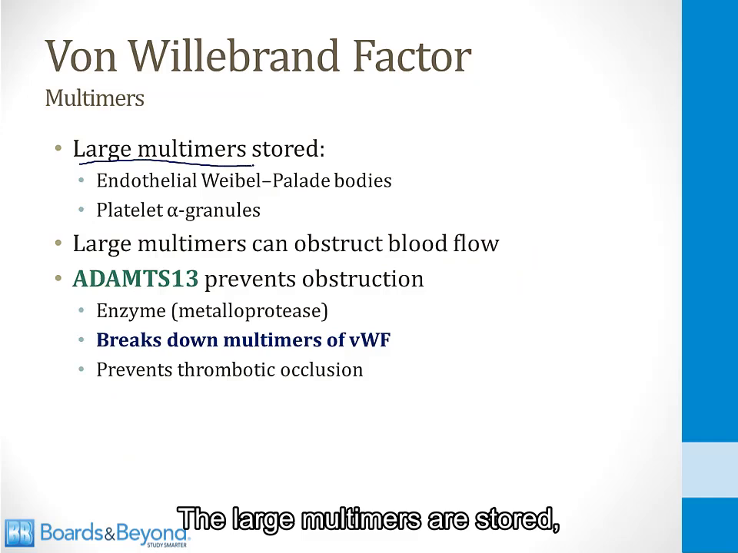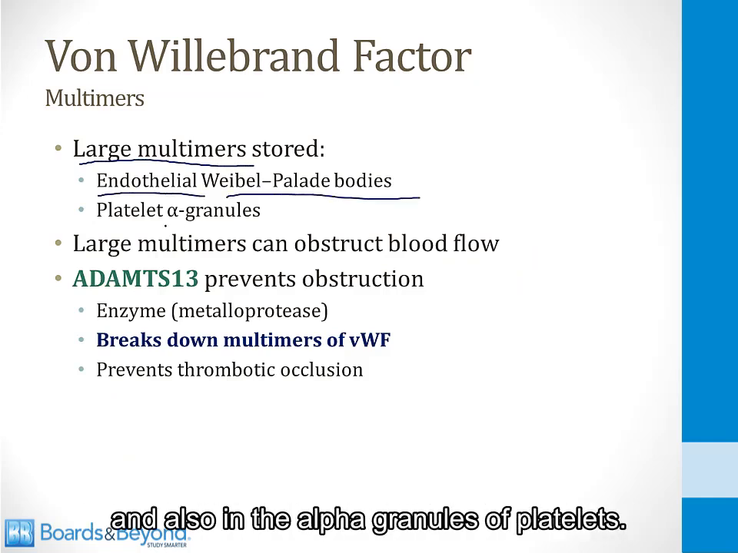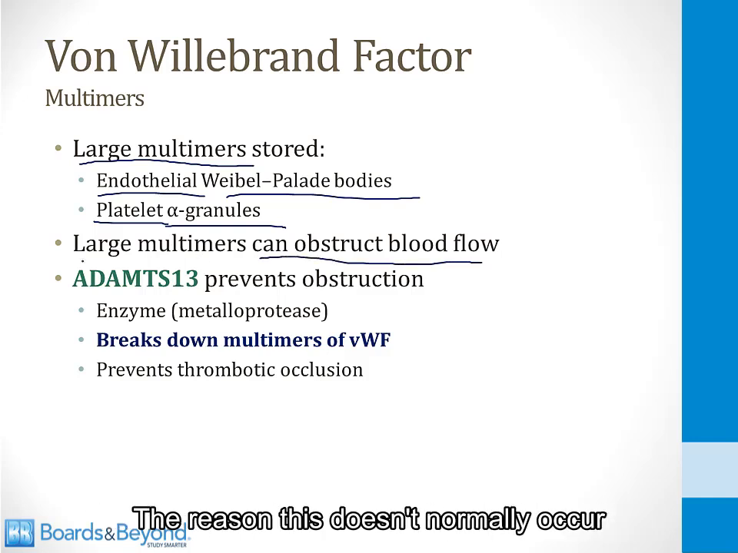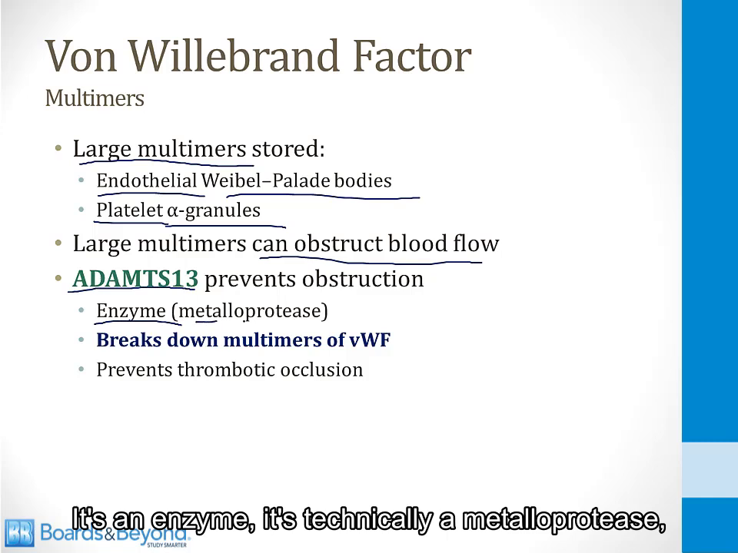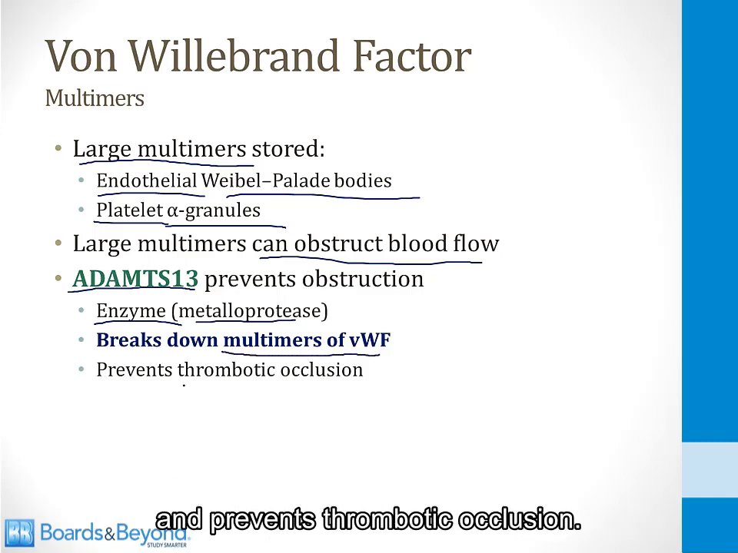The large multimers are stored, as I mentioned on the last slide, in the Weibel-Palade bodies of endothelial cells and also in the alpha granules of platelets. When they are released into the plasma, these large multimers can obstruct blood flow. The reason this doesn't normally occur is because of ADAMTS13. It's an enzyme, technically a metalloprotease, and it breaks down the multimers of von Willebrand factor and prevents thrombotic